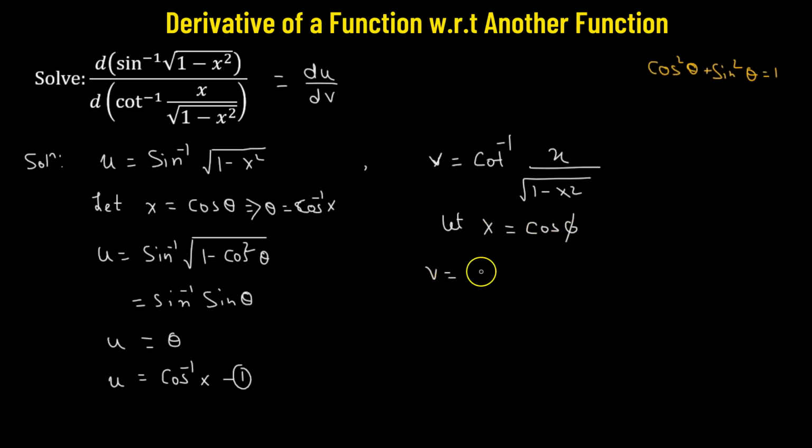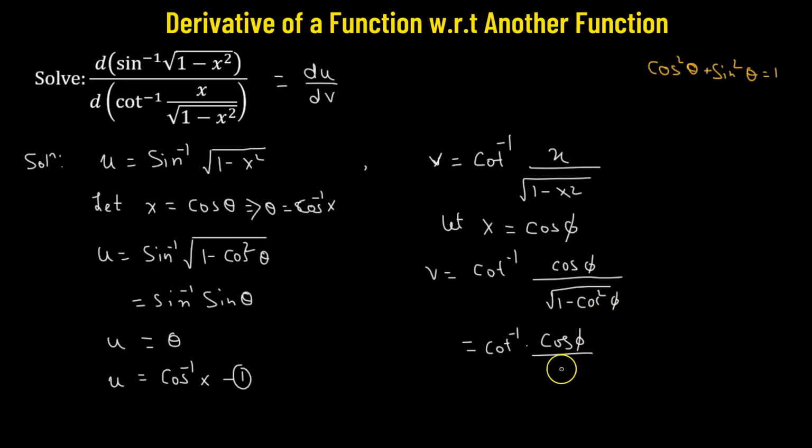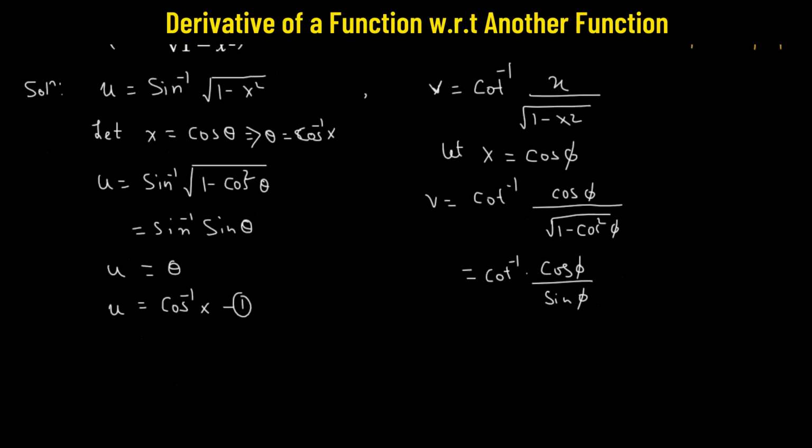So that makes v equal to cotangent inverse of cosine of phi divided by square root of 1 minus cosine squared phi. Now, square root of 1 minus cosine squared phi will be equal to sine phi. Here also we have used the same identity, but instead of theta we have phi: cosine squared phi plus sine squared phi. So this value is also equal to 1. Now v will be equal to